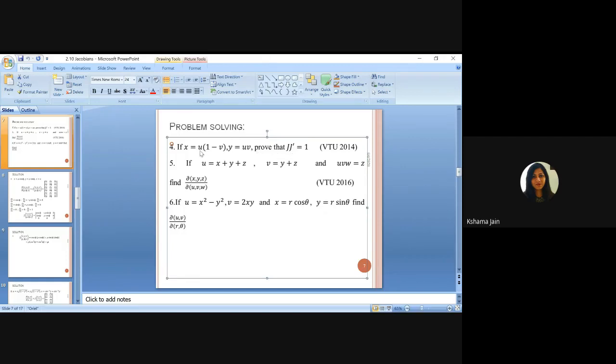For j dash, what will you do? Try to understand what I'm going to say now. Till now, you have x and y with respect to u and v. With applying some plus, minus, addition or squaring, any mathematical operations, our work is to find the value of u and v in terms of x and y. Getting? If we add them, I will get directly u equals x plus y.